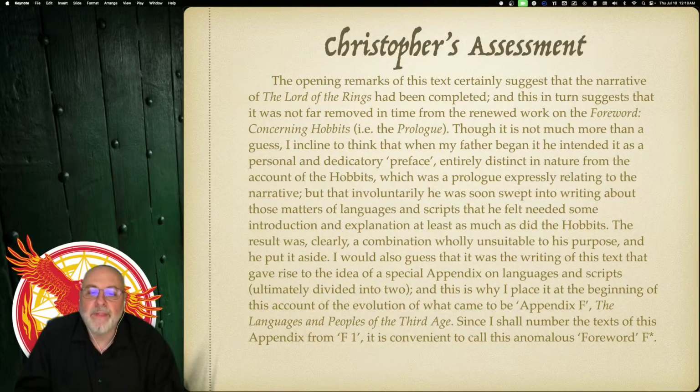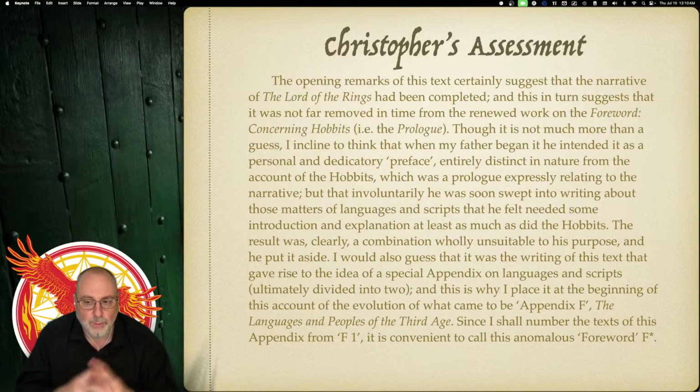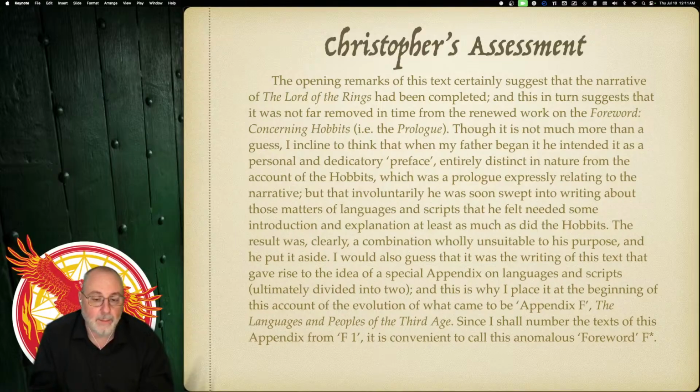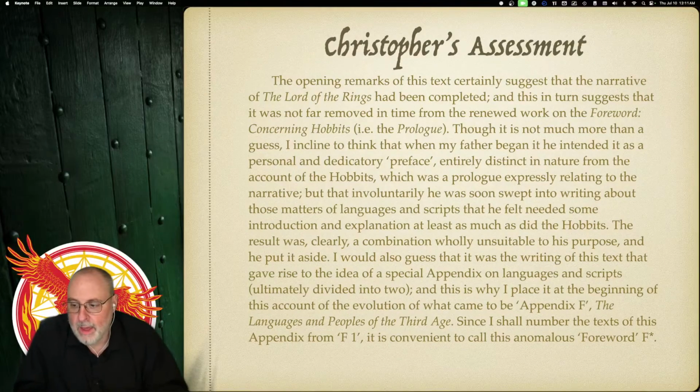So does this. But that involuntarily he was soon swept into writing about those matters of languages and scripts that he felt needed some introduction and explanation at least as much as did the hobbits. The result was, clearly, a combination wholly unsuitable to his purpose, and he put it aside. I would also guess that it was the writing of this text that gave rise to the idea of a special appendix on languages and scripts, ultimately divided into two, and this is why I place it at the beginning of this account of the evolution of what came to be Appendix F, the languages and peoples of the Third Age. Since I shall number the text of this appendix from F1, it is convenient to call this anomalous foreword F star. Okay, so see, once again,